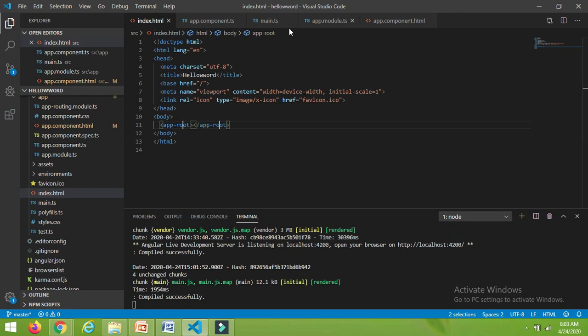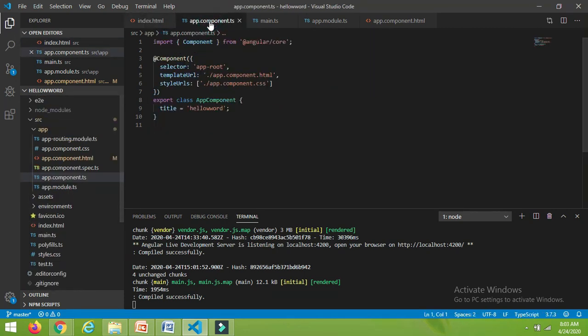In app.component.ts we have used the selector app-root and the template as app.component.html. So whatever the template for this component is, it is getting loaded. But you may have a question: how does Angular know that we have a component which has the selector app-root, because on startup the server serves only the index.html, as it is used to create a single page application?